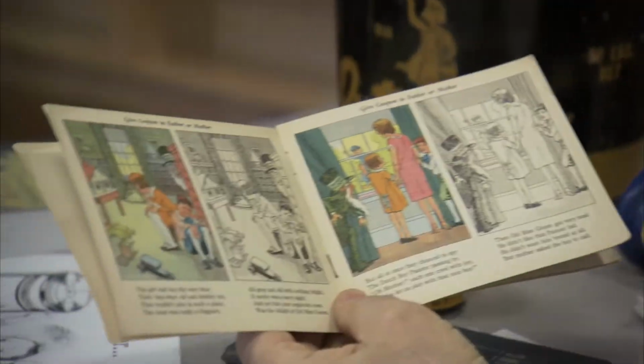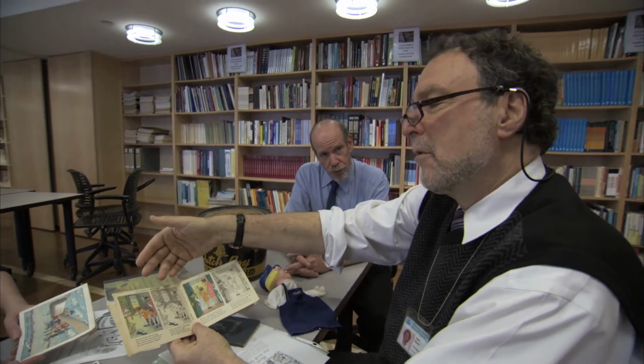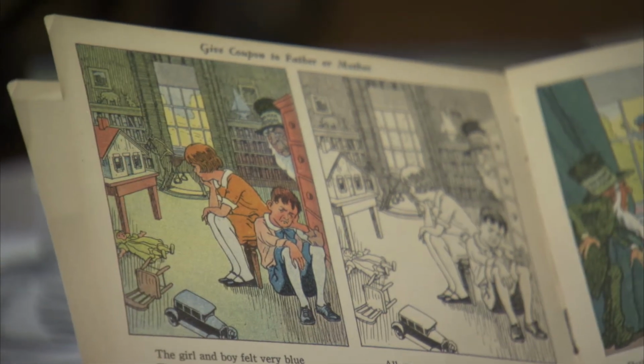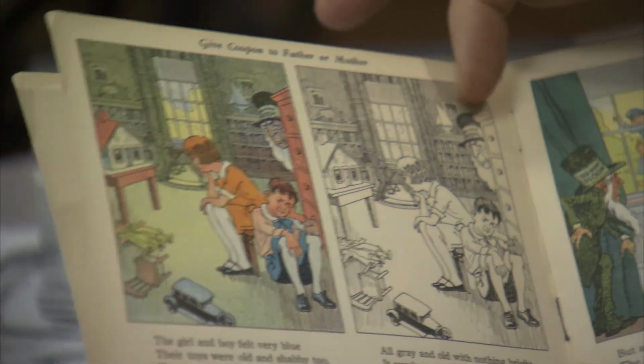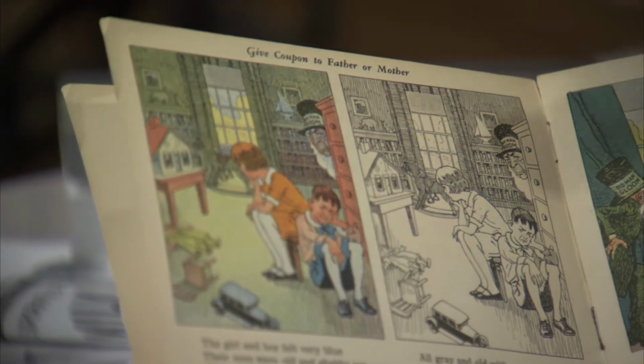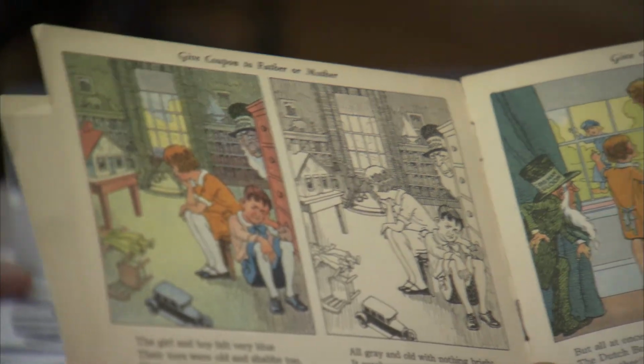And this basic story goes from children who are living in a room covered with kind of 19th century wallpaper, and they were all depressed because it was so gloomy and dark. And a 19th century figure, a kind of Dickensian figure called Old Man Gloom, was happy because the children were so miserable. And then the story goes that